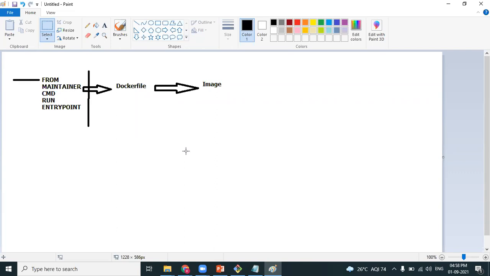I have an option to create the image out of it, and then I host it in Docker Hub. That's for product development companies. But as an end user or as a client, if you want to have some softwares installed on a customized image, you have to take the base image from the Docker Hub, and then you have to customize it. Got it, Vasant? Yeah, I got it.